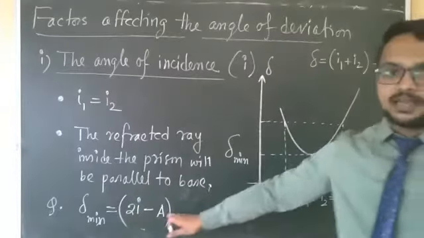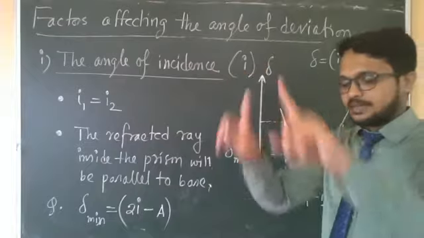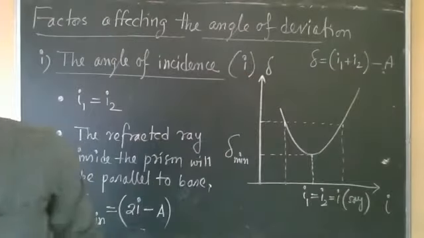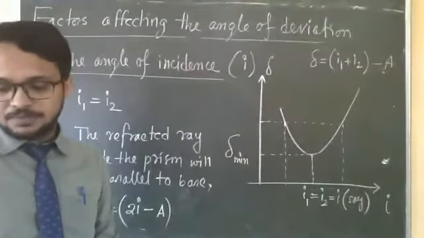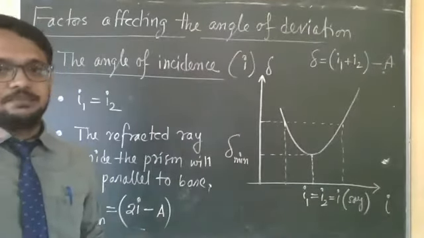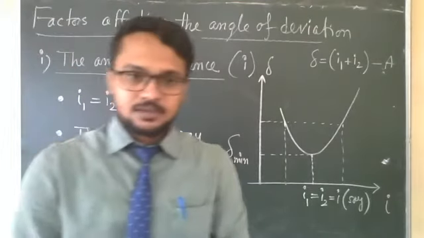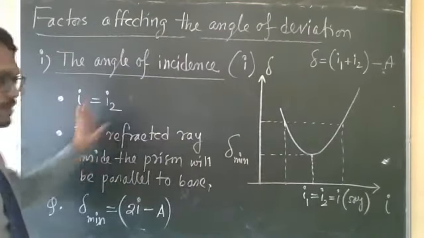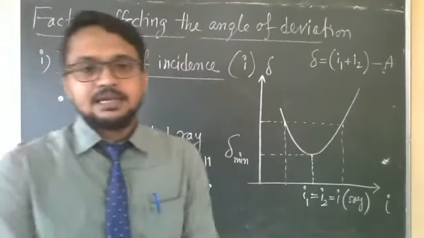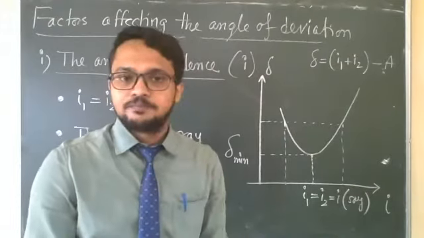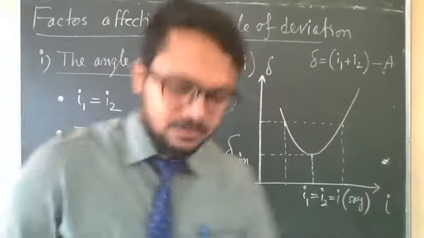Okay, A is what? Angle of prism, that is, the angle between the two refracting surfaces. Okay, so this is the first point. Note down all the points and mark them in your book. The first one, the first paragraph, everything is written there. Second one is the graph. Third, these two conditions for delta minimum. And fourth, the mathematical expression for delta minimum. So these are the few important parts of this point.